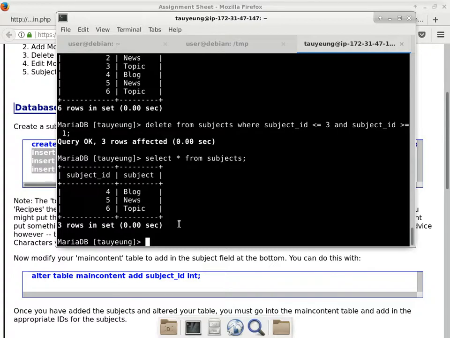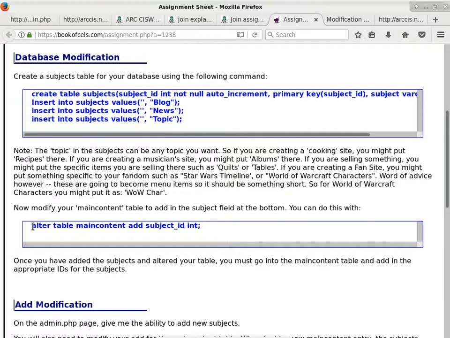So are we okay so far with how to set up the subjects table? Okay, all right. This is also just a review of the other queries that we have already talked about, the update and also the delete. Now we also want to execute this particular query. This one does not create a new table. Instead, it changes our main content table so that we are adding a new field to it. So when we copy and paste this into the client,